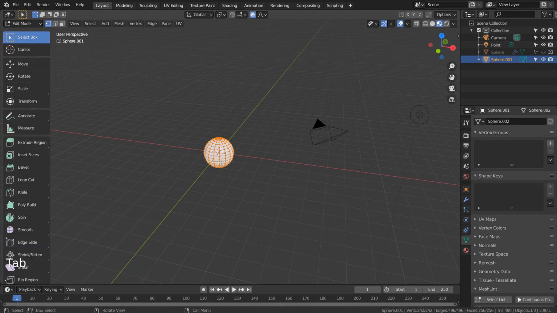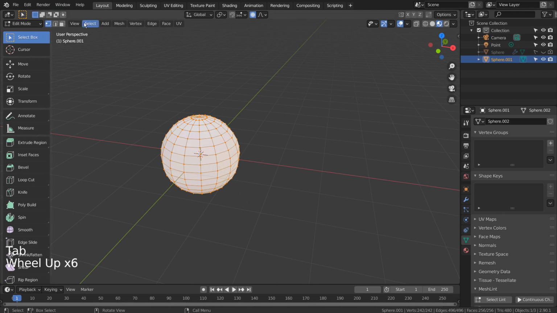This time, a new UV sphere with 16 by 16 settings.